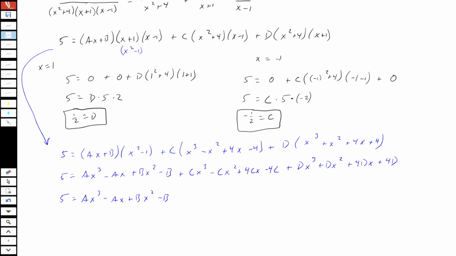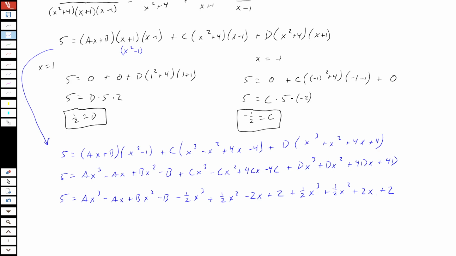So here I'm going to have a negative half x cubed minus a negative half x squared. Negative half times 4 is minus 2. And then a negative half times a negative 4 is a positive 2. D is a positive half, so I have a half x cubed plus a half x squared plus 2x plus